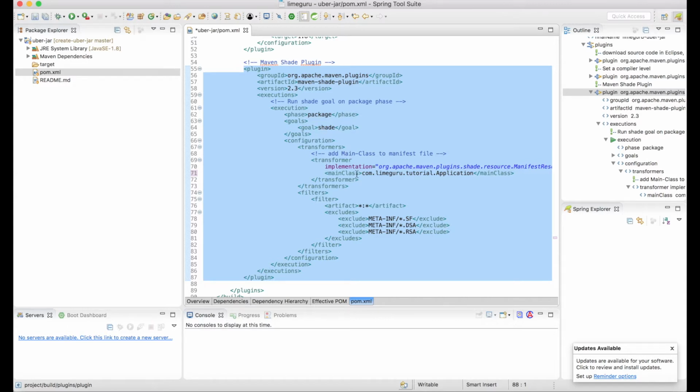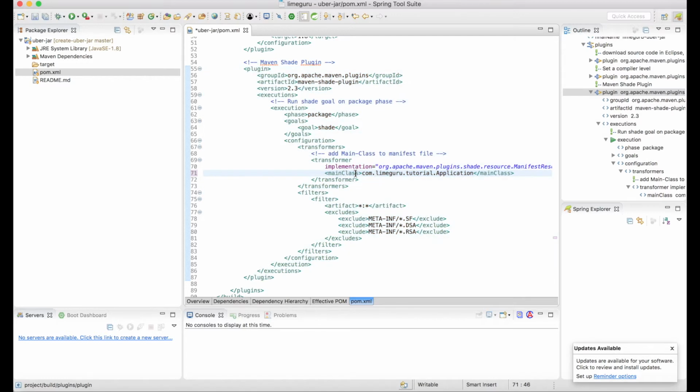You also specify the main class to make your jar an executable jar. Whenever you execute that jar, it's going to use this Java class file as the main entry point of your jar application, right? So you can make this jar an executable runnable jar by providing the main class of the application. Let's say this is my main class, Application.java, which I have included here along with the package name. It should be the fully qualified name whenever you specify the main class.